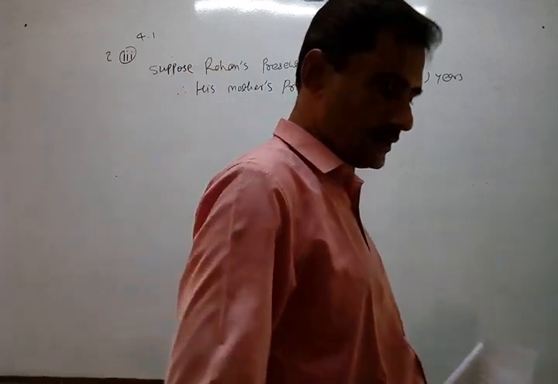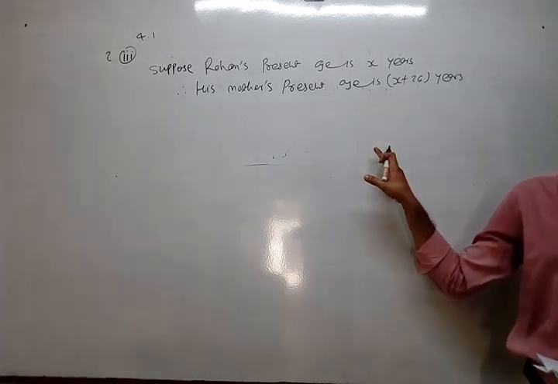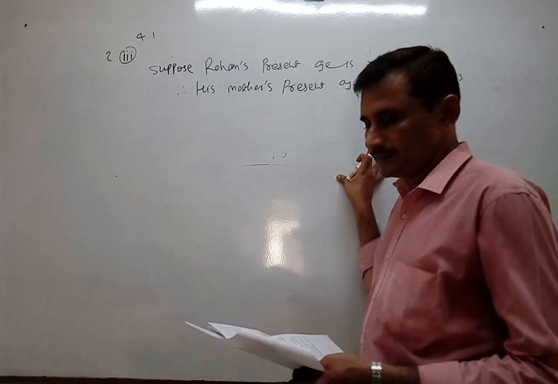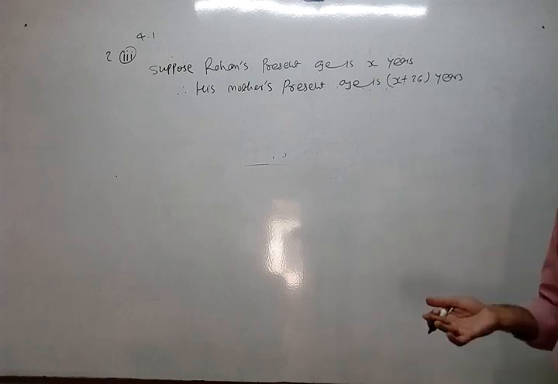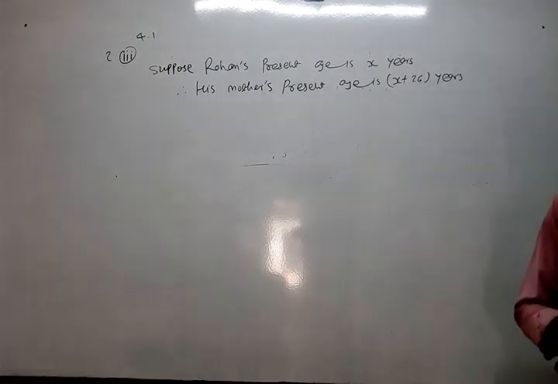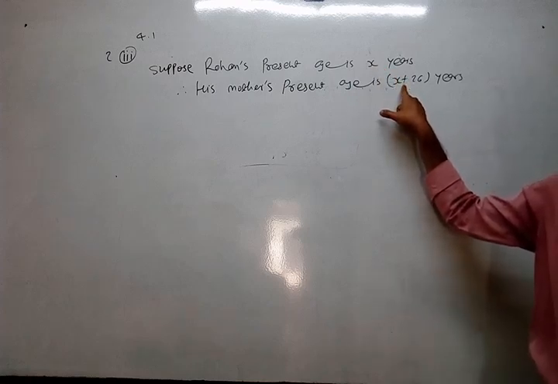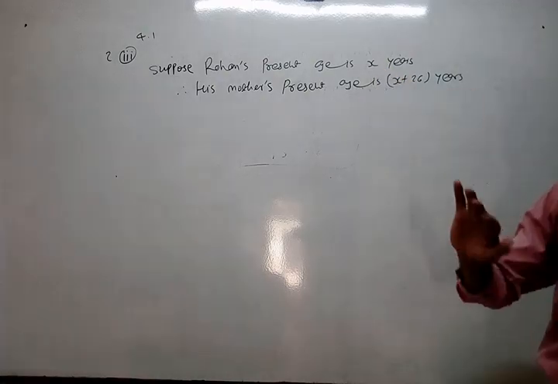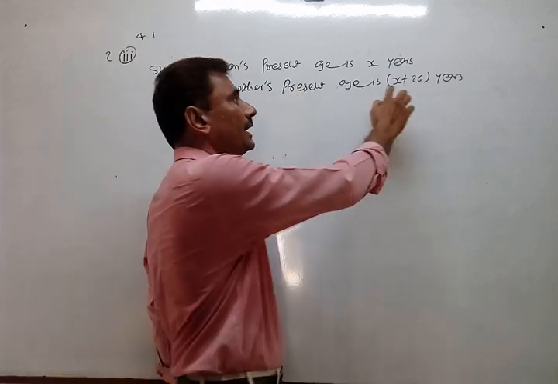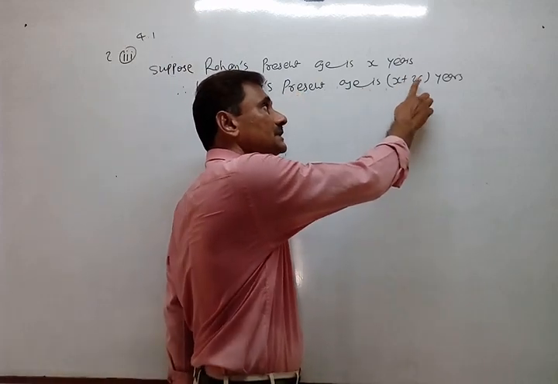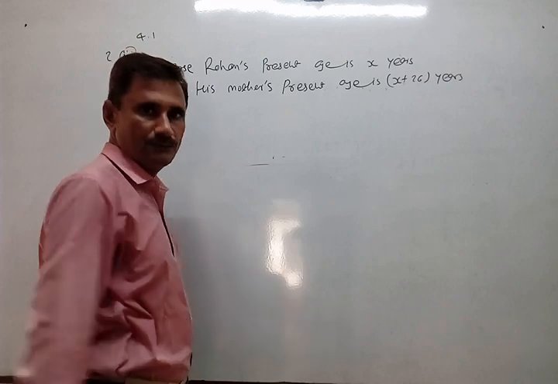So the supposition is done from one statement. Now use the second statement for the final equation. What is that? The product of their ages 3 years from now. Product of both, but not now, after 3 years. So obviously we cannot make the product of both these numbers now, and that product is not 360. It is the product of ages after 3 years. At that time, Rohan will be x plus 3 years, and Rohan's mother will be x plus 29 years.